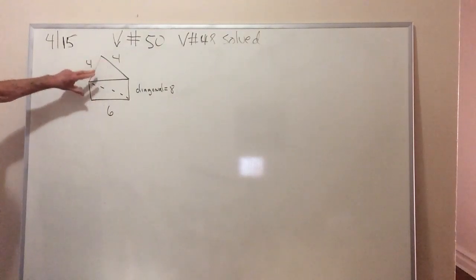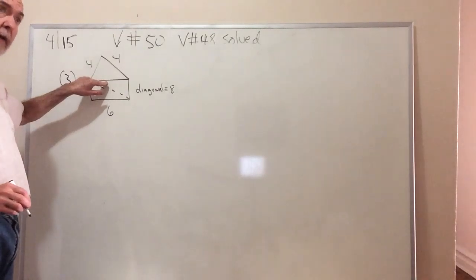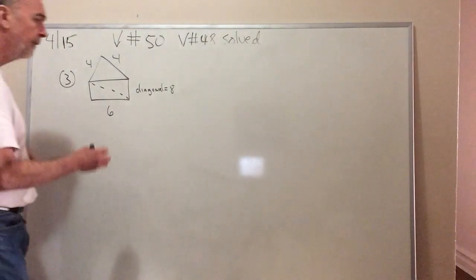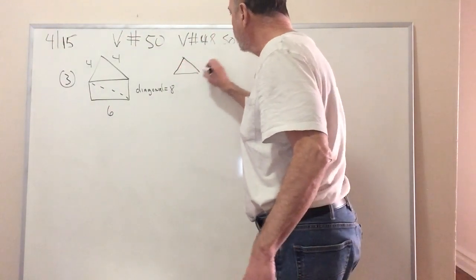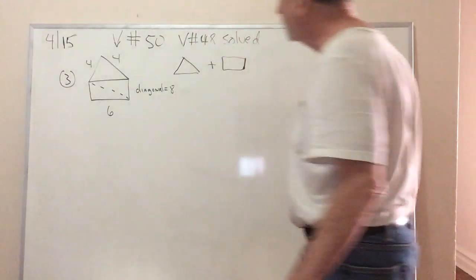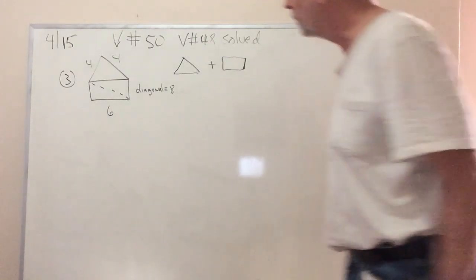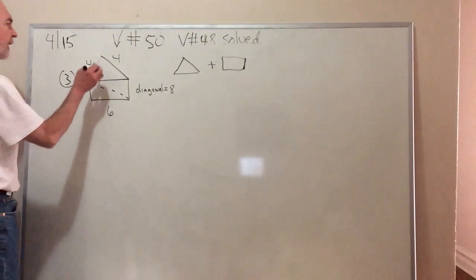We're given a triangle that's isosceles. Obviously the base is 6. Should make the distinction at your age. And I need to simply add the triangle plus the rectangle. So this third one turns out to be easier than the other two, and you should be able to do this problem now. So first I'll find the area of the